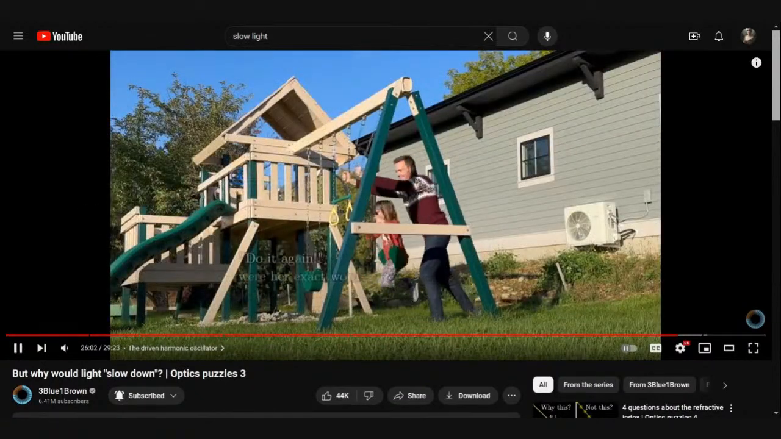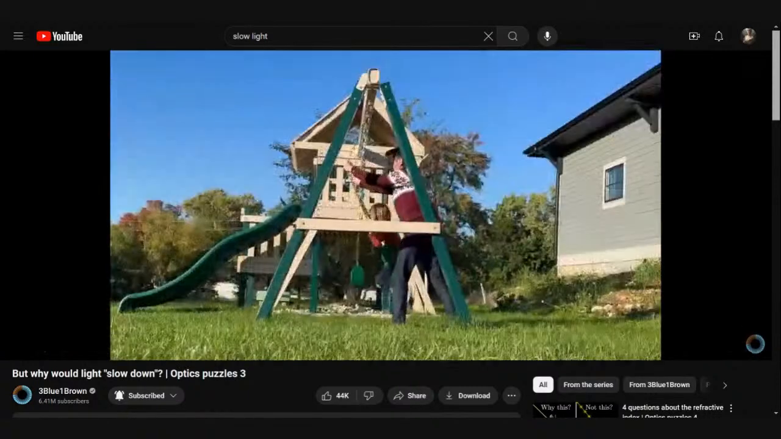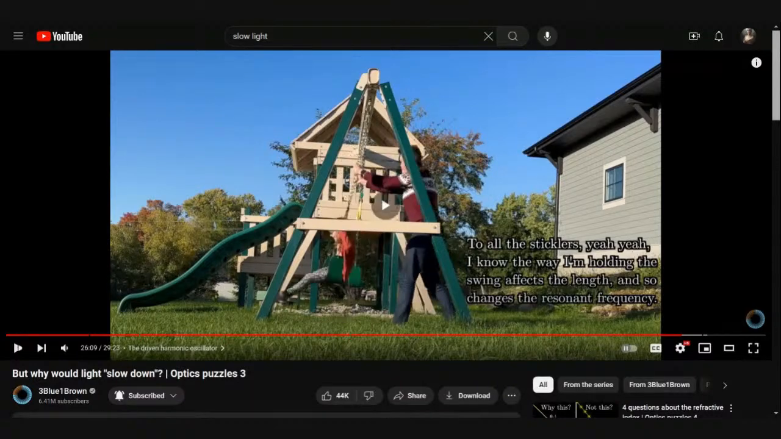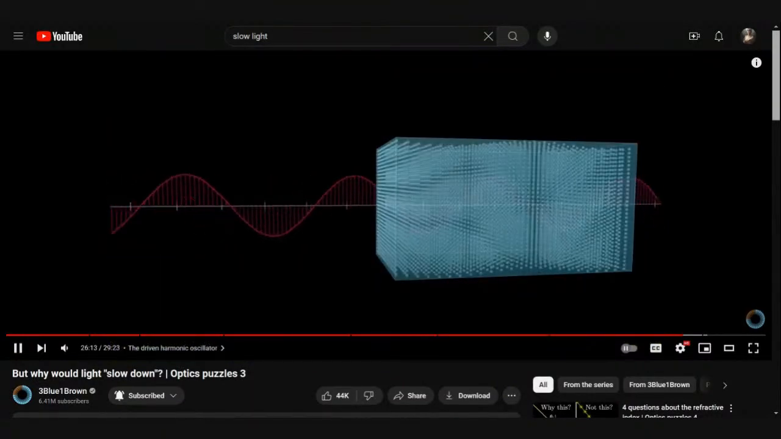She ends up oscillating at the same frequency as my force, but she's going at a relatively low amplitude. To all the sticklers, yeah, I know the way I'm holding the swing affects the length, and so changes the resonant frequency. Okay. Stepping back, what this means is that as you shine light into a material, like glass, it's